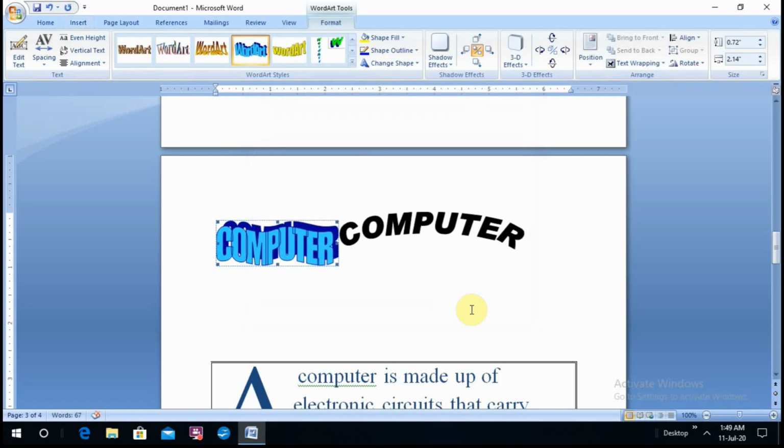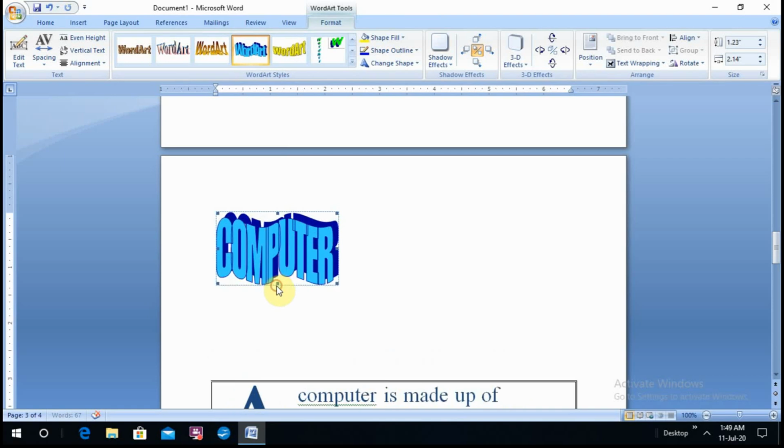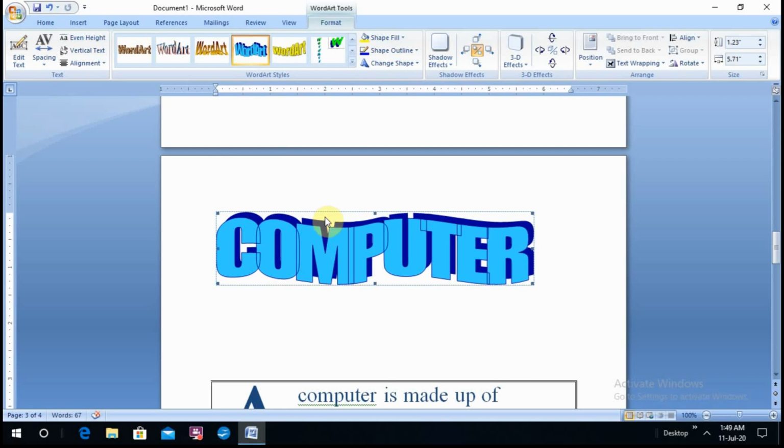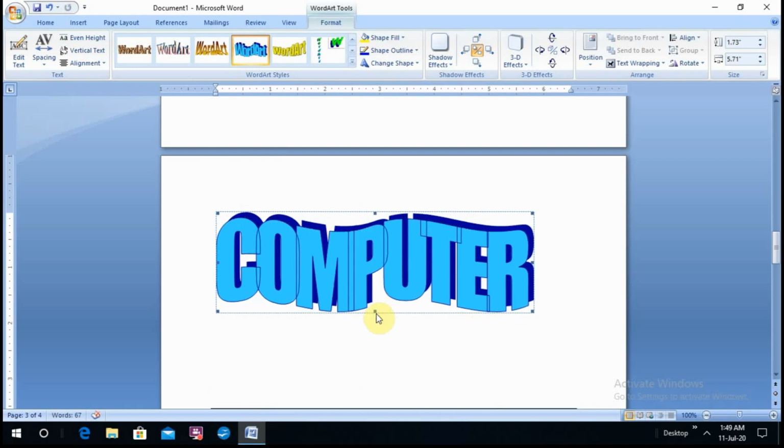So you can see the difference. Now we can also drag it. You can see you can drag it like this accordingly. So this is how we can insert word art in our document.